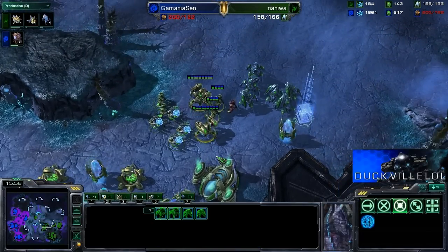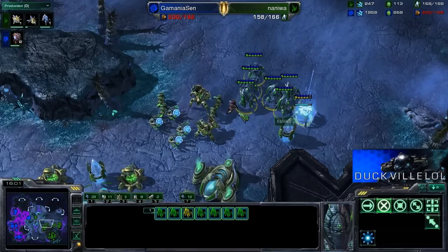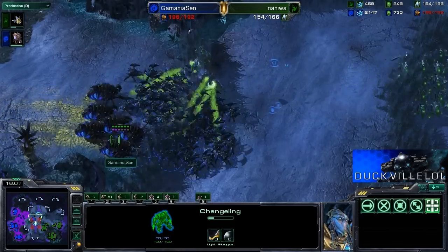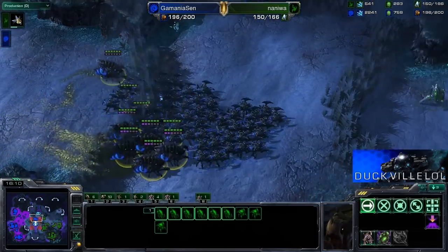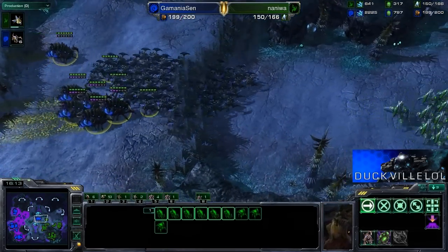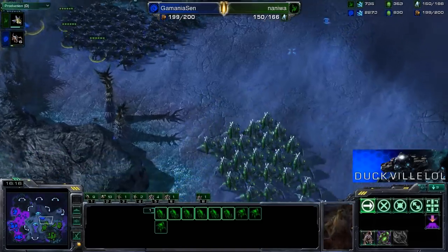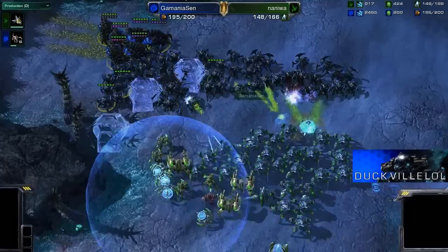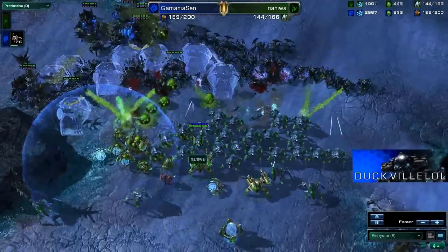But a couple of immortals, sticking with the immortal tech for the moment is Naniwa. Got one changeling here doing a nice job, just being cool with his crew. But here come the infestors. We've got the fungal growth going down. These infestors do have the pathogen glands upgrade, so they will be ready to rumble as soon as they pop out of those eggs. And now we'll see if Naniwa is able to keep back those infestors,